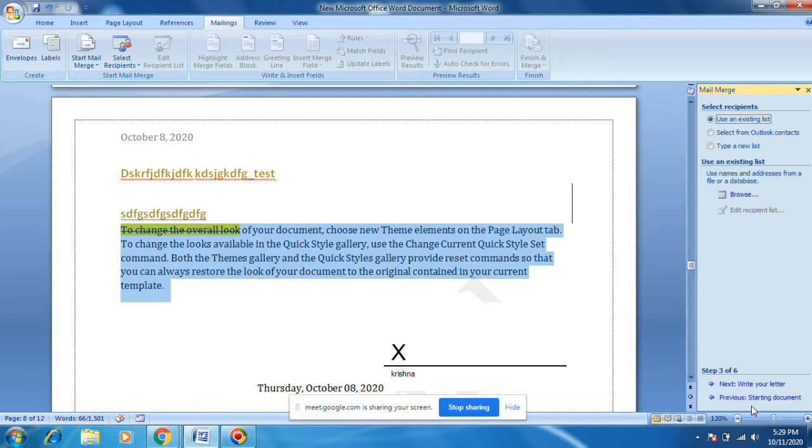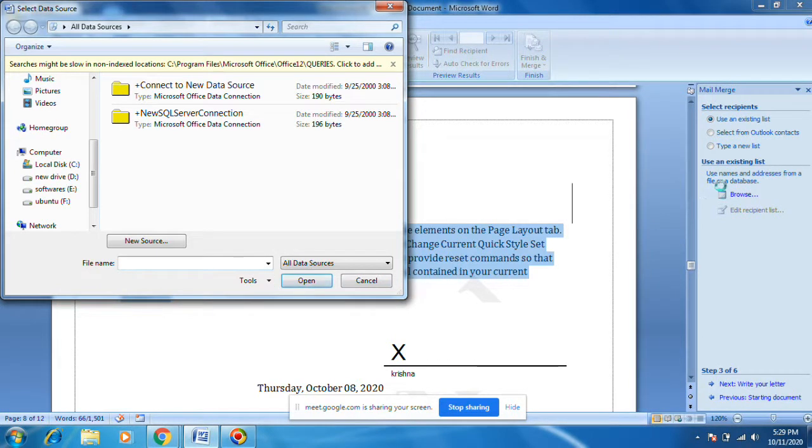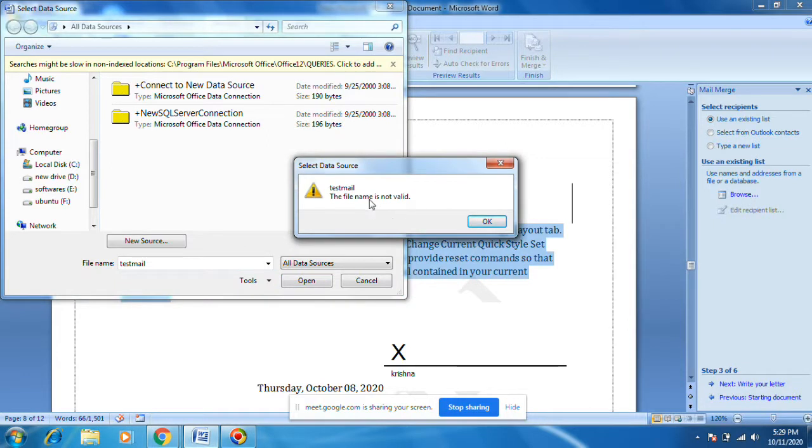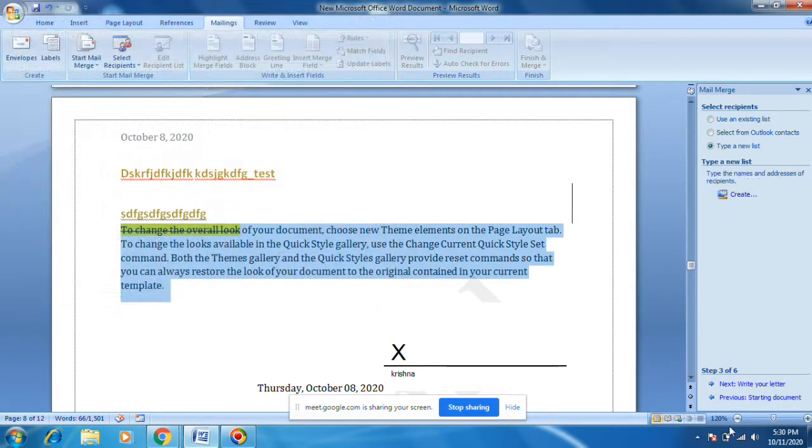Use an existing list, let it be. File name. Type a new list. Okay.